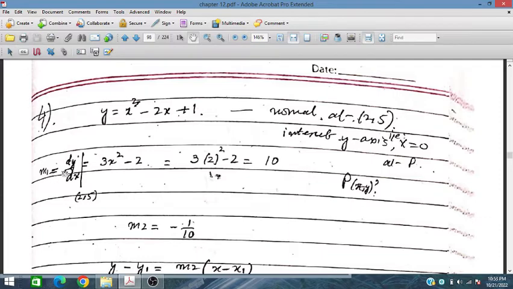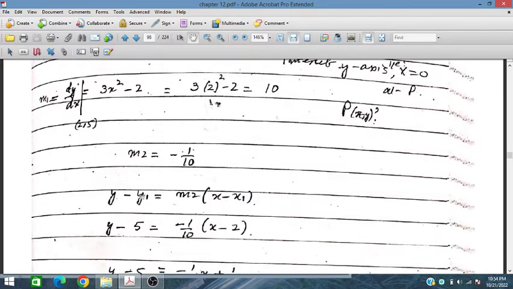So m1 is equal to dy/dx, and we take the gradient of this, which at (2, 5) is 10. So the gradient of the equation of the tangent is plus 10. So the gradient of the normal would be minus 1/10. Now placing this normal gradient here,